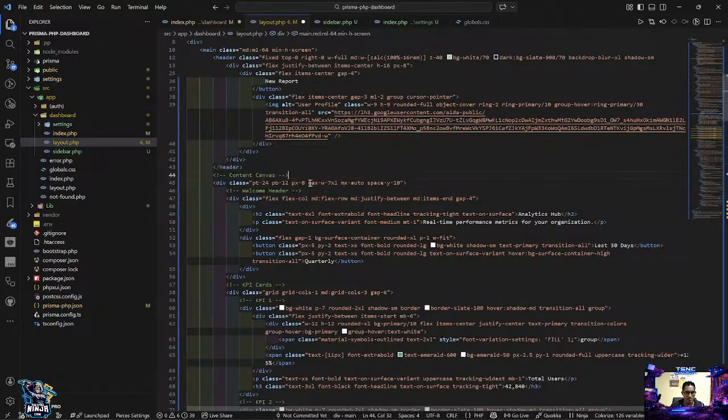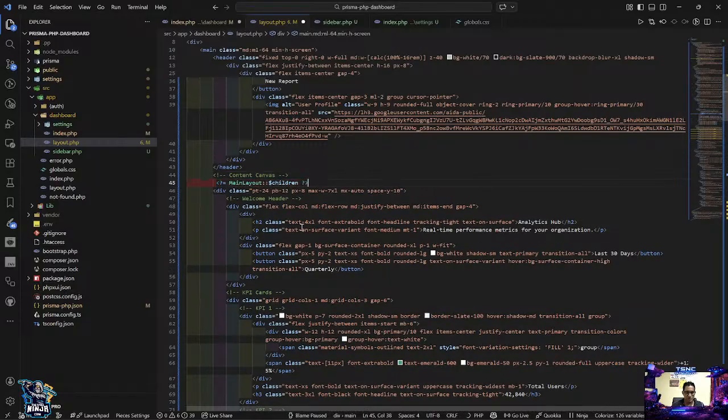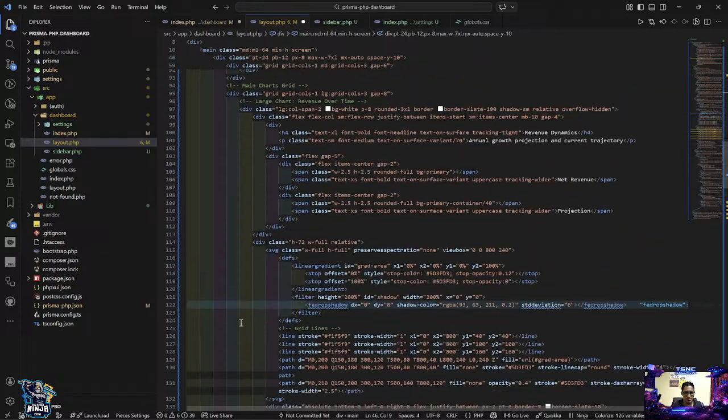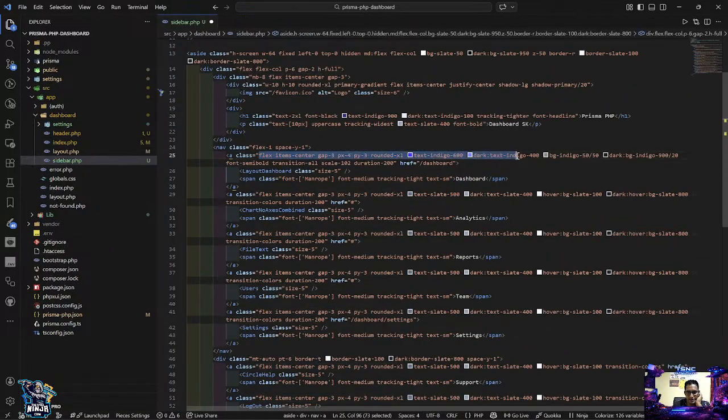Content canvas. So there we go. We're going to place right here, and I'm going to cut all this. When this class is active, we're going to leave the text indigo, and in this case we're just going to copy and paste, because as you can see, this section, when it's not active, has this kind of